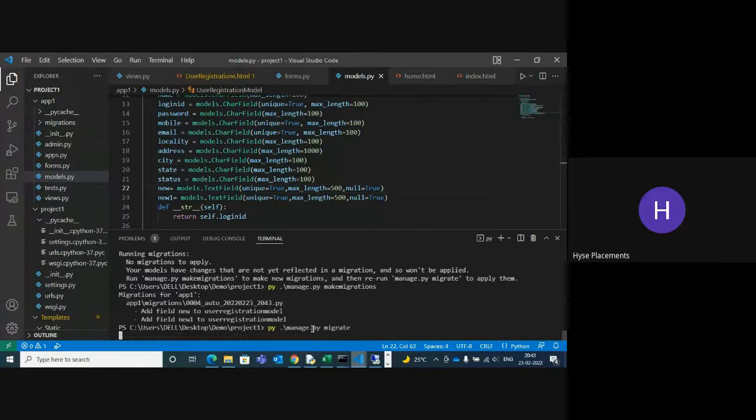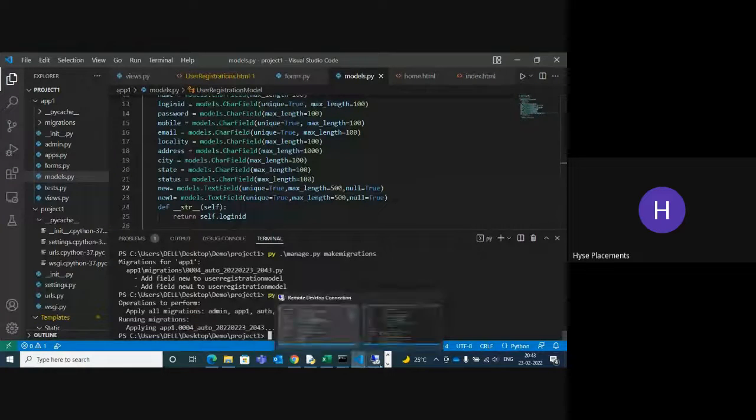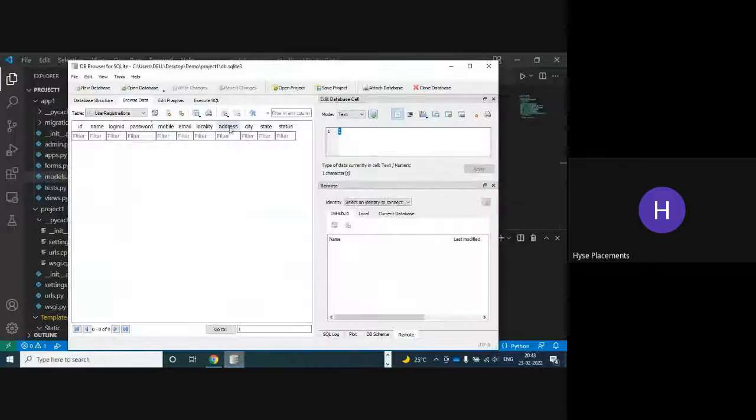Let's test it. Okay, this time you can see now. You can refresh now. You can see these fields, it's present, a new one.